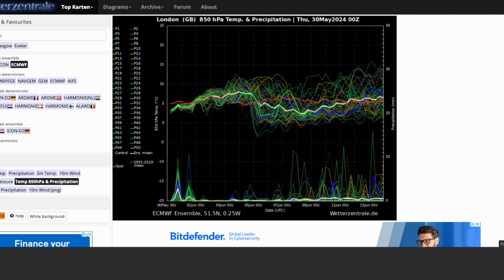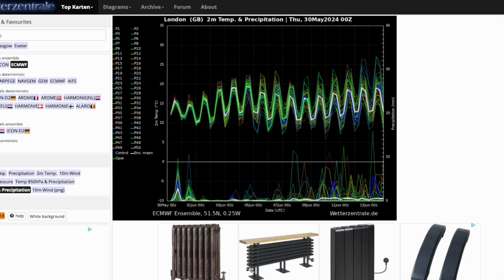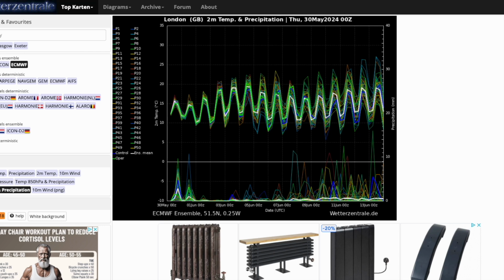Again, it doesn't look overly unsettled, so we shouldn't expect anything too crazy in terms of precipitation, but again, just a pretty chilly feel. And if we do look at those 2 meter temperatures, you can see a bit of a drop into early June. Now, of course, we are heading towards the peak time of the year for sun strength, so very high